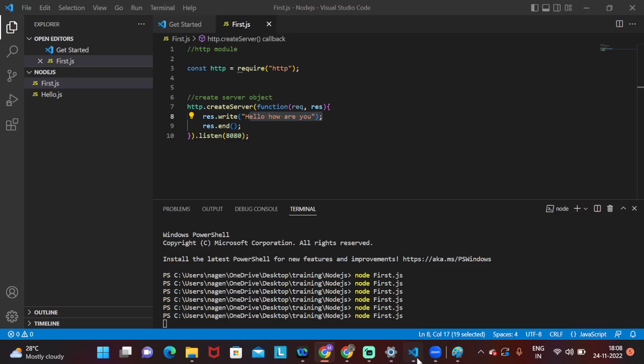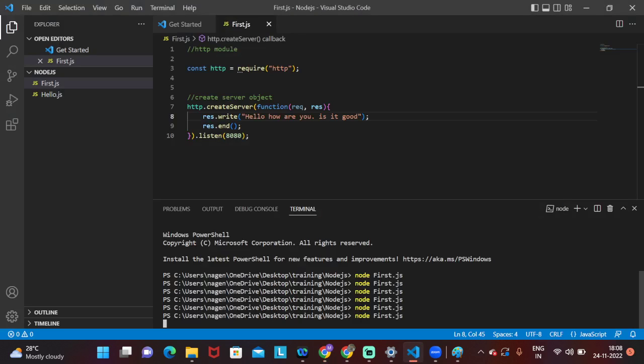Alright. So now if you change the response, for example, you change the response text, is it good? So now I changed the response, right? But if we see here, it's not changing, because we are already running the server. If you change anything in the server, you must stop the server